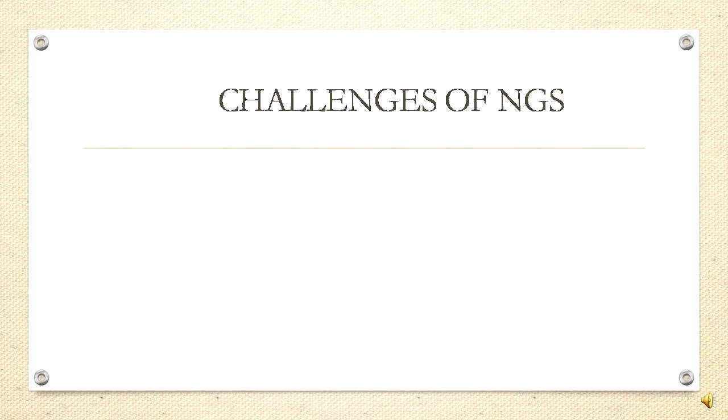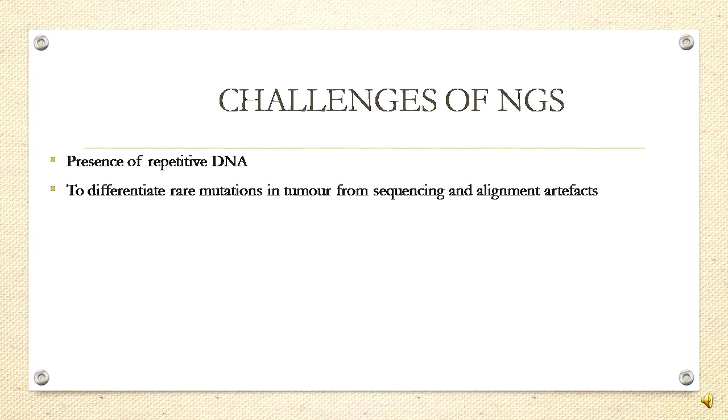What are the challenges of next-generation sequencing? First, the presence of repetitive DNA represents a major obstacle for the accuracy of read alignment and assembly, as well as the structural variation detection. Furthermore, it is quite difficult to distinguish rare mutations in tumor from sequencing and alignment artifacts, especially when the tumor has low purity. On the other hand, tumor complexity and heterogeneity make the analysis and the interpretation of sequencing data